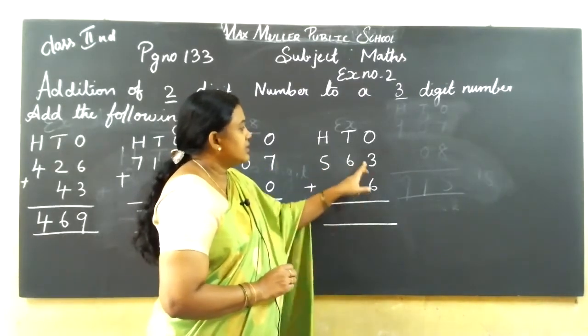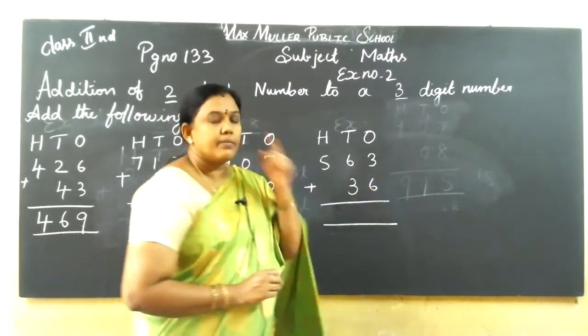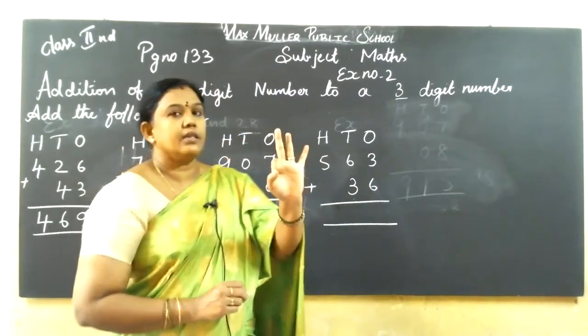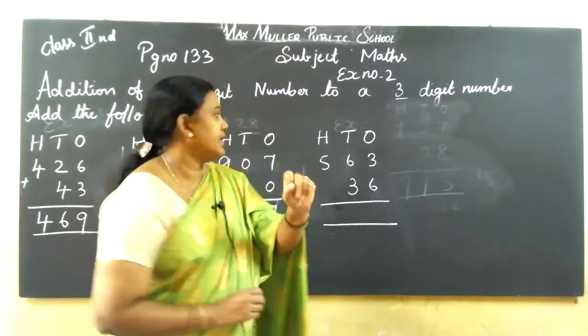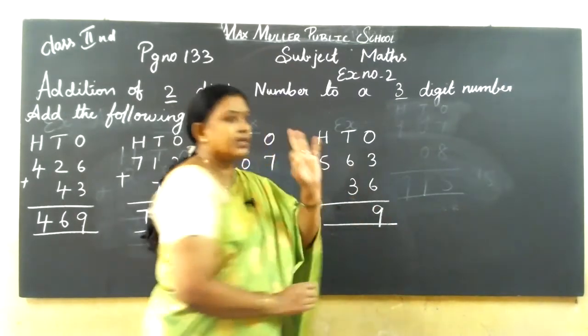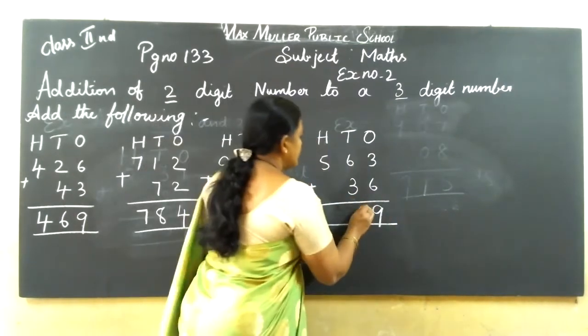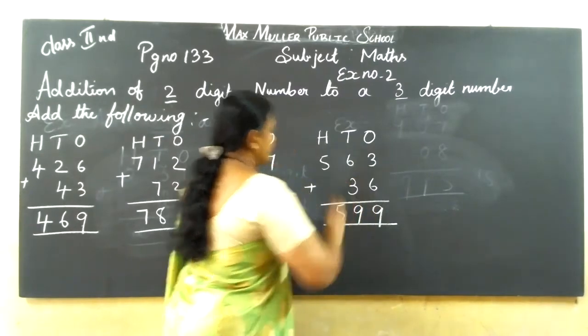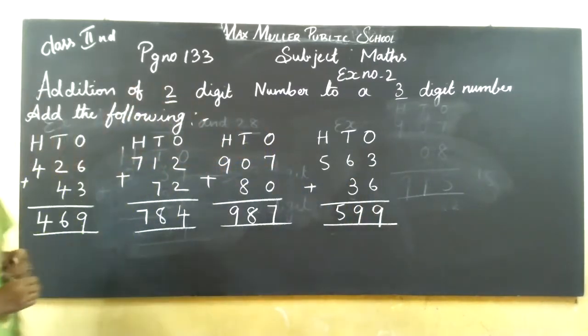Now, these two numbers, which one is bigger? 6 is the bigger. 6 you keep in the mind, 3 in the finger. After 6, 7, 8, 9. 6 you keep in the mind, 3 in the finger. 7, 8, 9. 5. These 4 sums we finished.